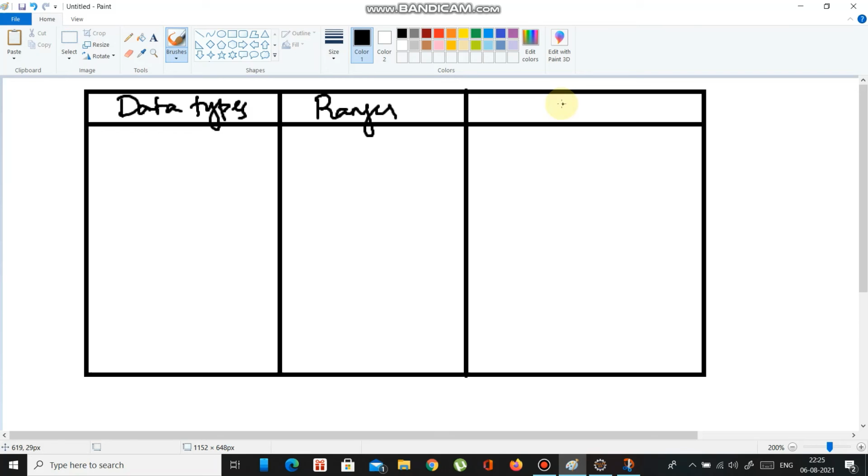And here we will be seeing what type of data type it is. Okay, first thing is byte, and its range is from -128 to 127.